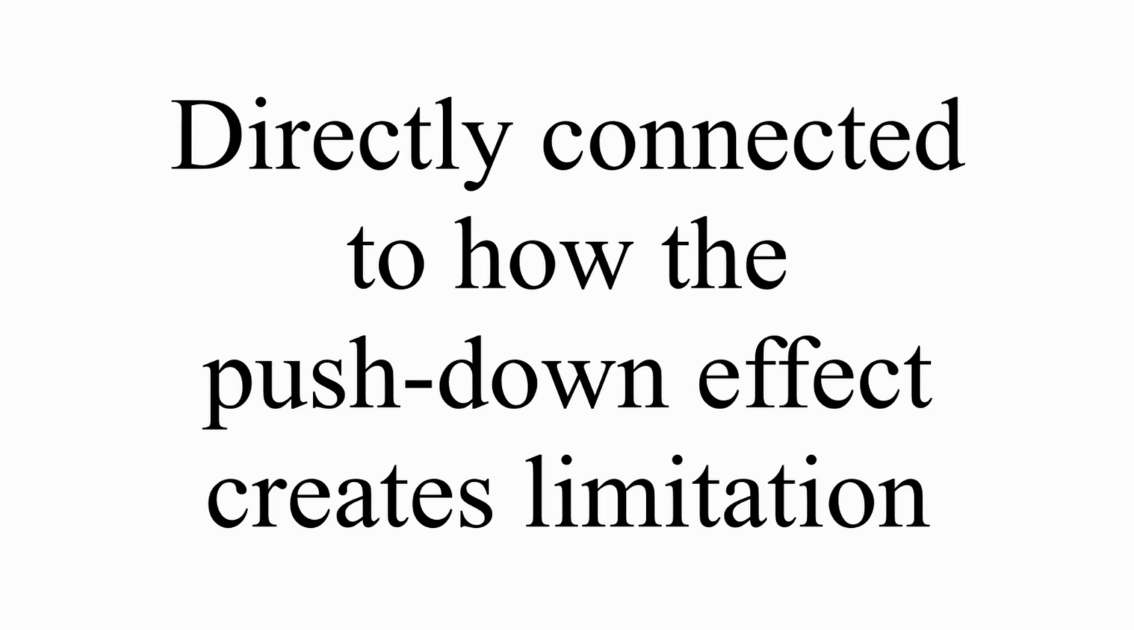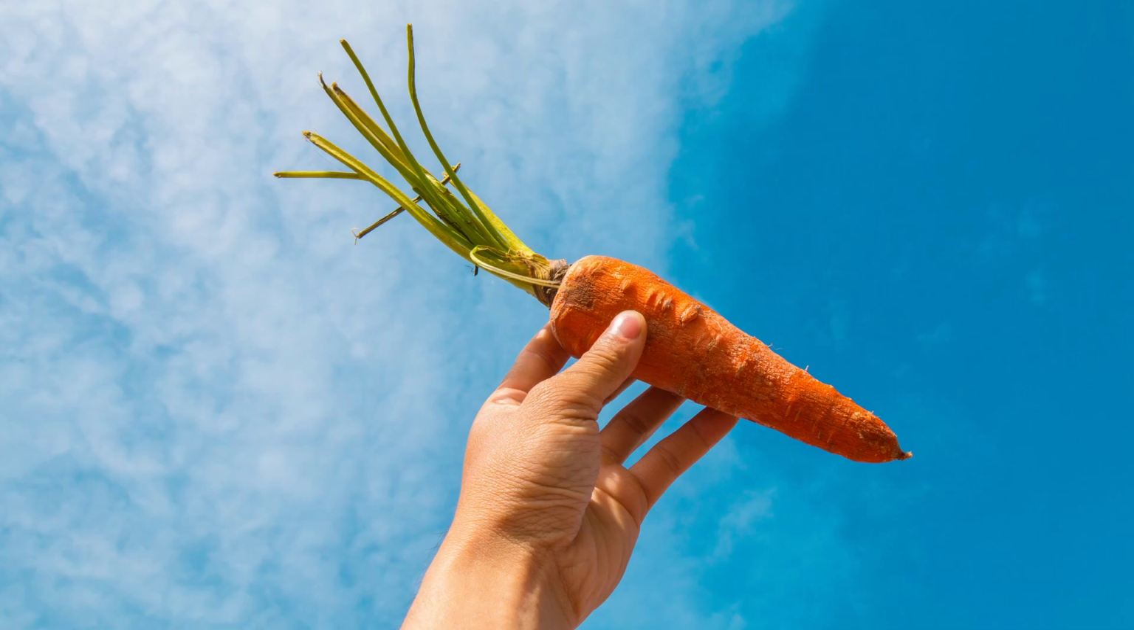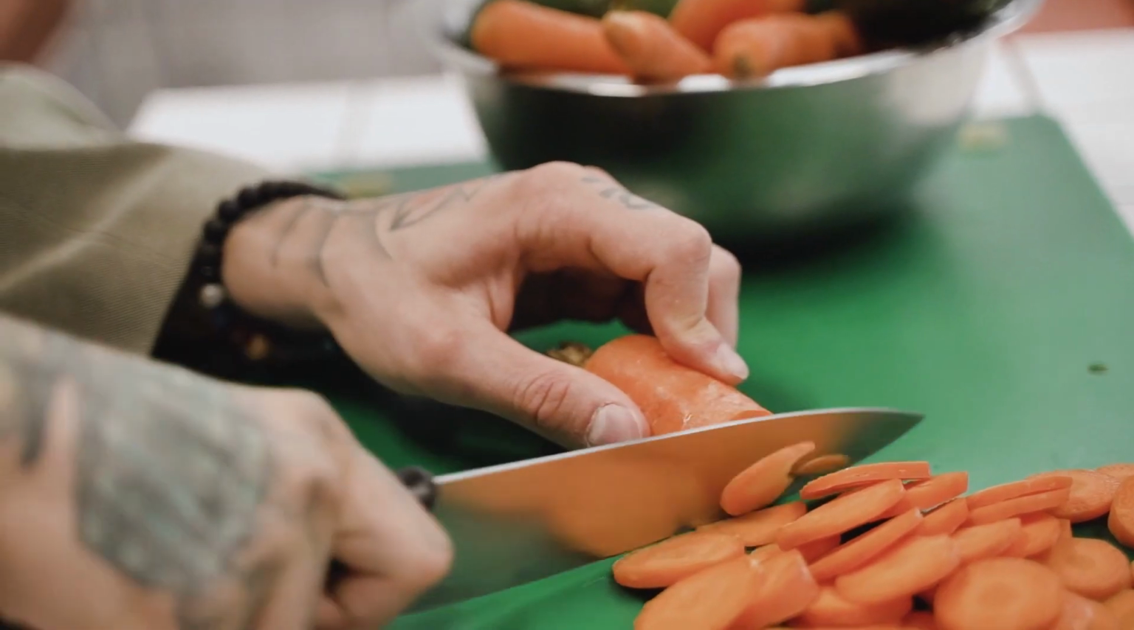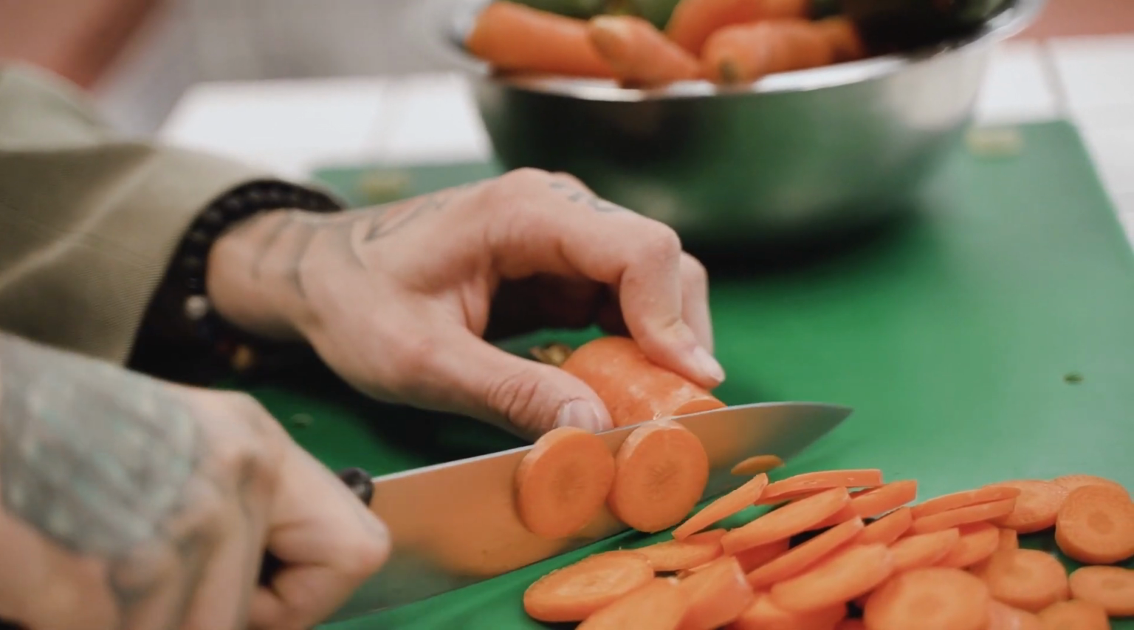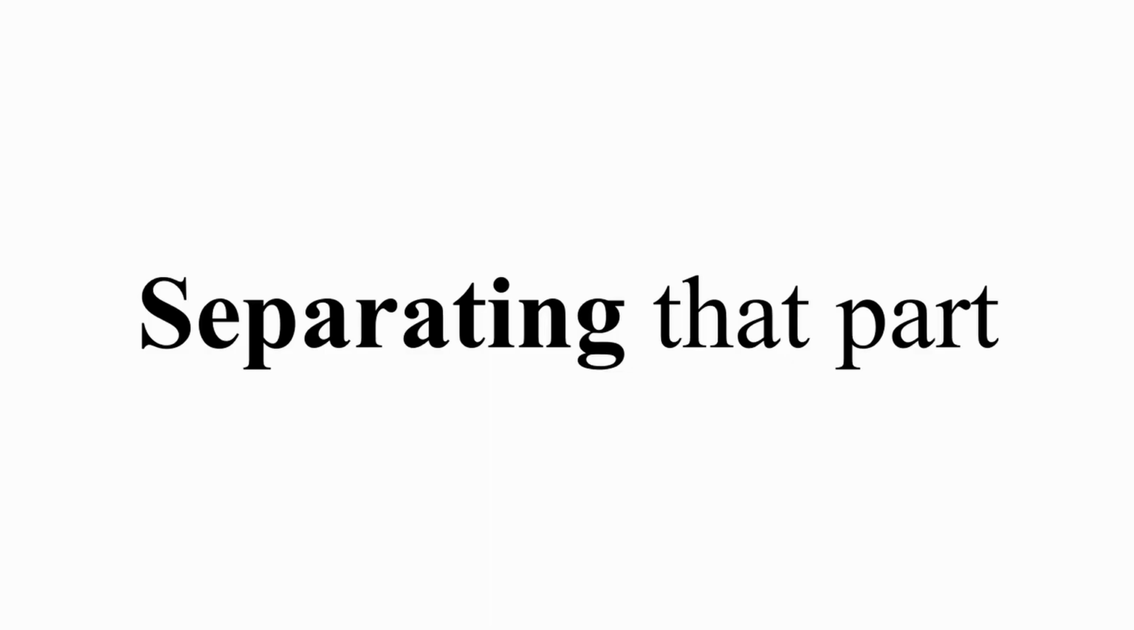So we see there's this limitation or this restriction going on. Now the last little idea here that you're going to see how it works in some of the cases is to cut off, literally. And this is mostly important for the idea of the push down effect and how it can create a limitation. But let's say I have a carrot and I don't want the end of the carrot. So I take a knife and I push down on that part of the carrot and I'm separating that part